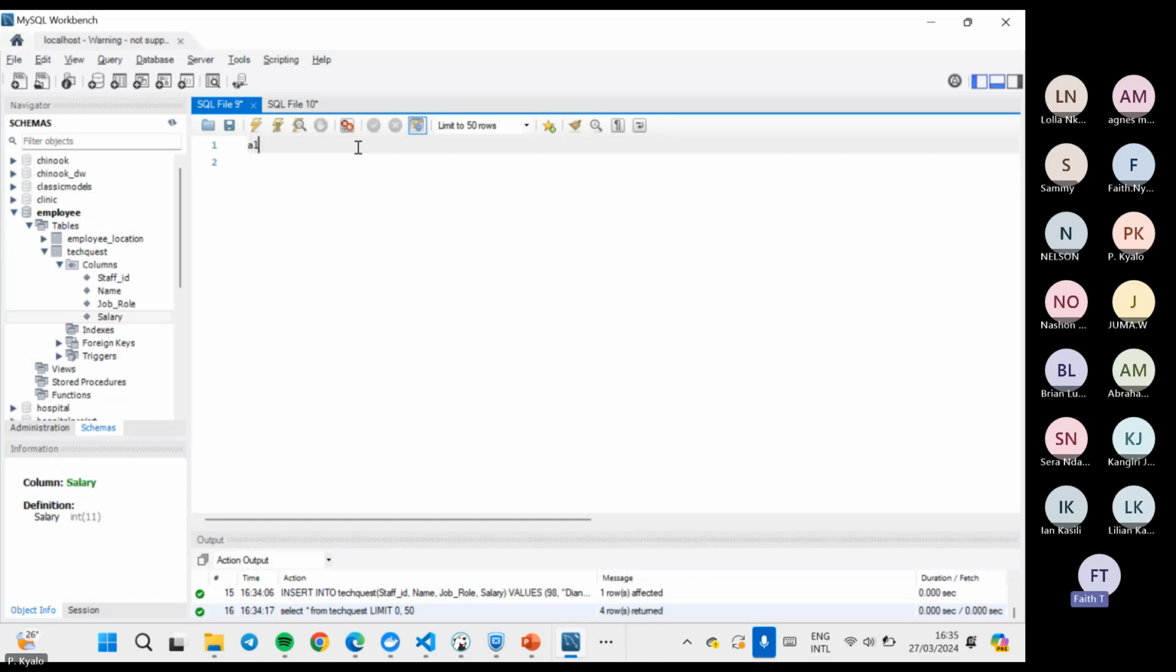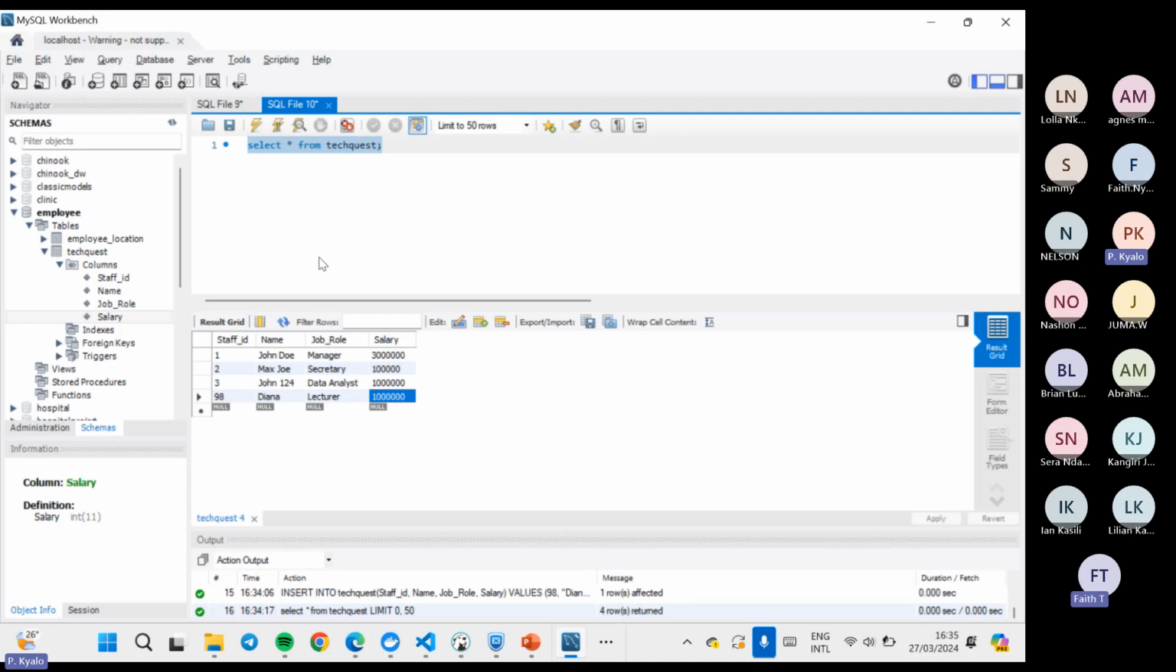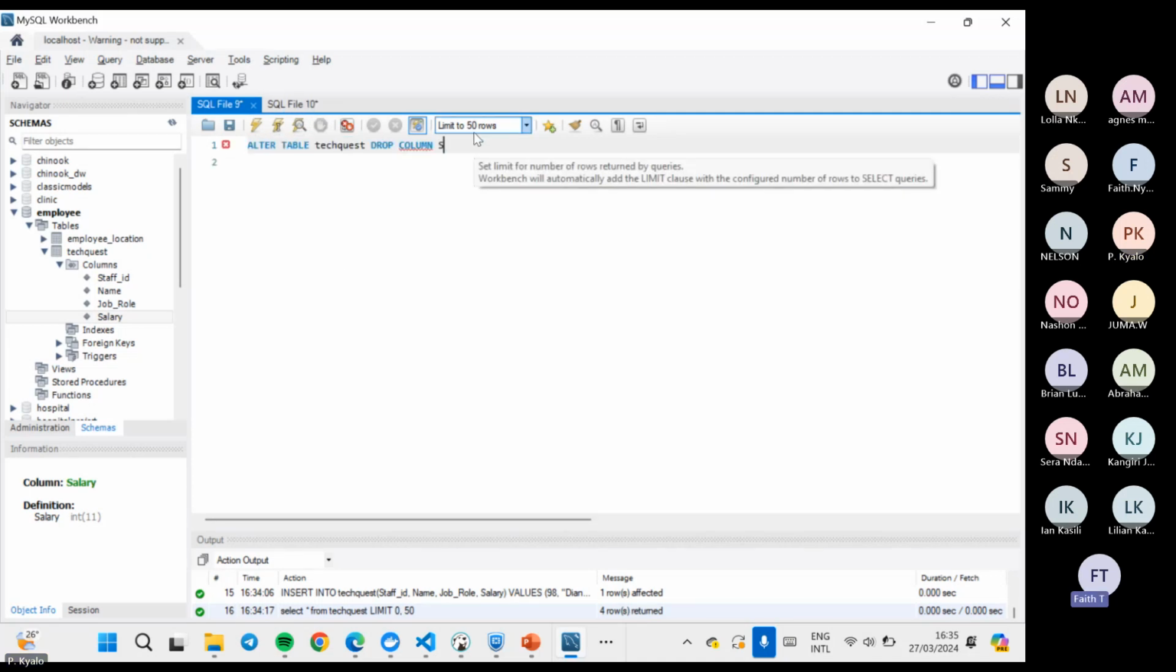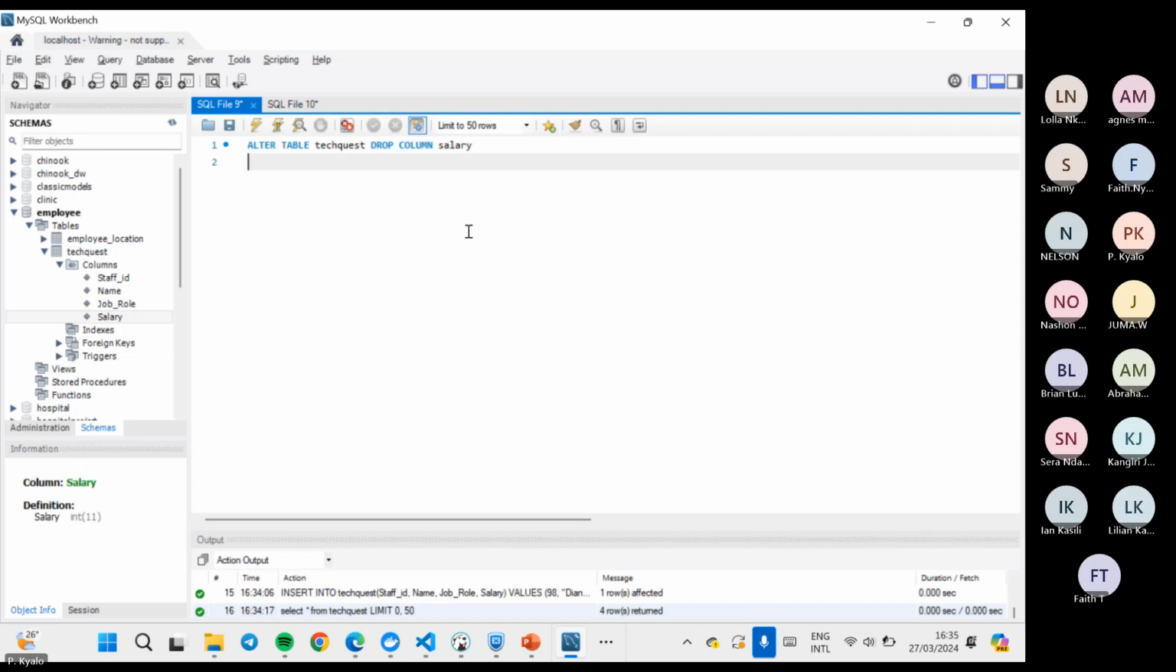So we want to alter table. The name of our table is TechQuest, and we want to drop column. And what column do you want to drop? You can choose the salary column. So just as you guessed, dropping is deleting a column. Once we run this query